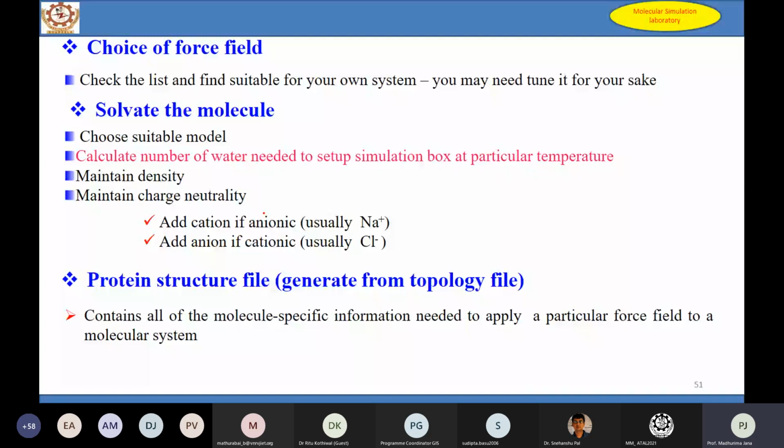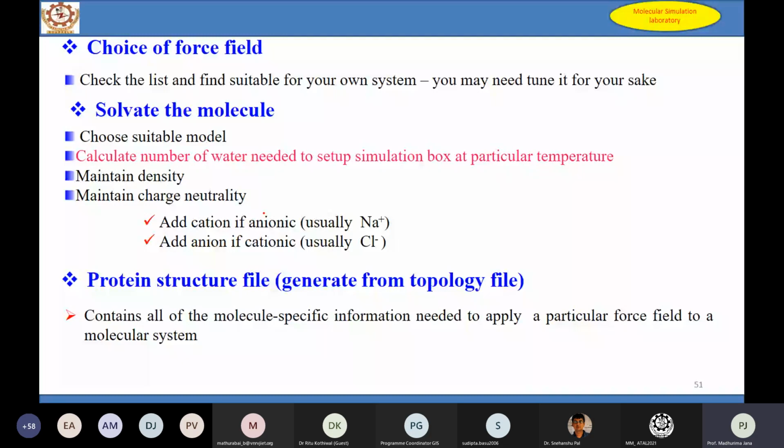Okay, because when we are going to the library, whatever package you are going to use, Amber or CHARMM, those force fields will have the library for the general case. So you have to build up the force field for your own protein or your own system. Suppose for the protein, amino acids are the building blocks, so the parameters of all the different types of amino acids will be there. But that is not sequential. It is just given as parameters. So now it is the user's job to create the specific file for their own system.